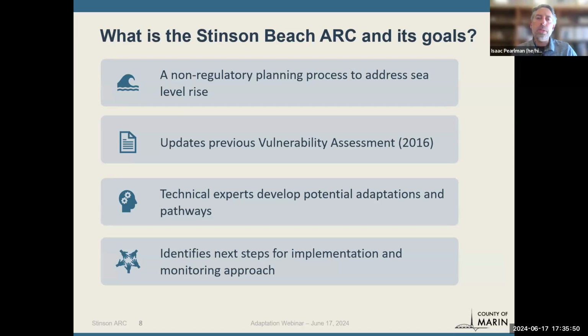First and most important, I think it's important to note that Stinson Arc is not a regulatory planning process. For those of you who have been involved with the local coastal program update, which governs coastal development in Marin County, that is different than this process. Ours is a grant-funded educational process where we're providing analysis, reports, and information for the Stinson community to help them